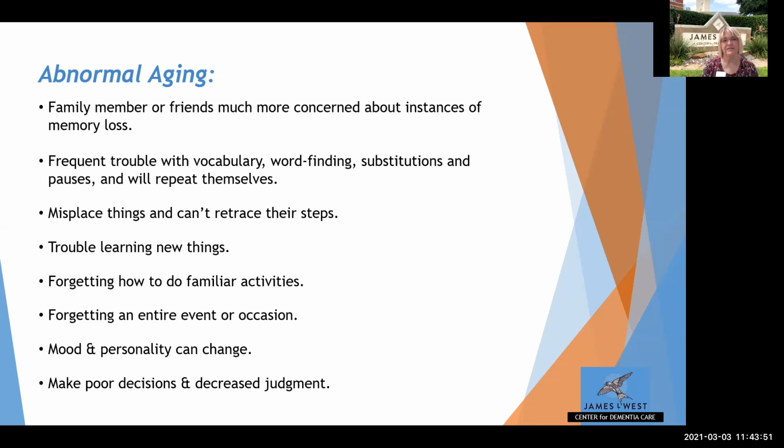Not being able to retrace steps, misplacing things more often, putting things in odd places, the keys in the freezer, the milk's in the cabinet. Now, again, if we do that every once in a great while, that's normal. But when you start seeing a pattern or it happens more and more often, or they firmly believe that the keys go in the freezer,